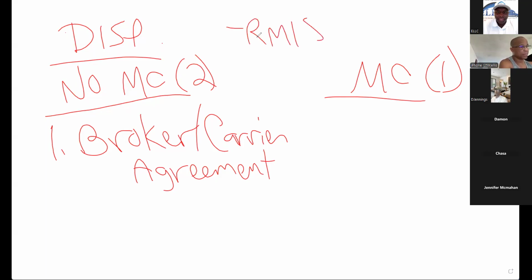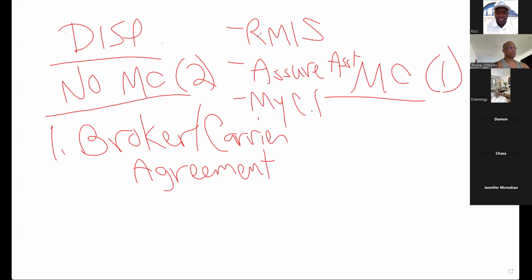RMIS, that's onboarding. Assure Assist, that's onboarding. And the other one is My Carrier Packet, My CP, My Carrier Packets. Those are onboarding links that nowadays most brokers are purchasing